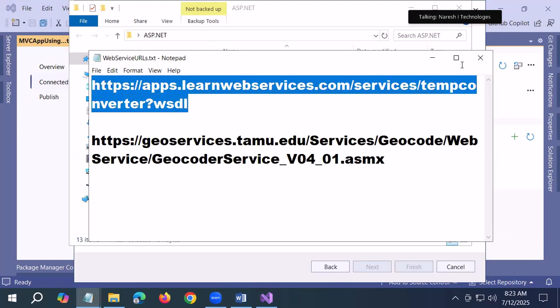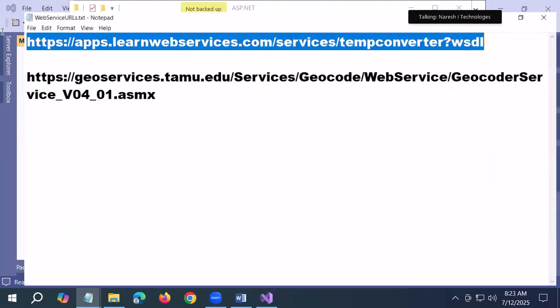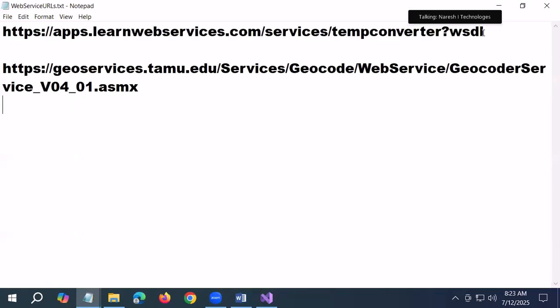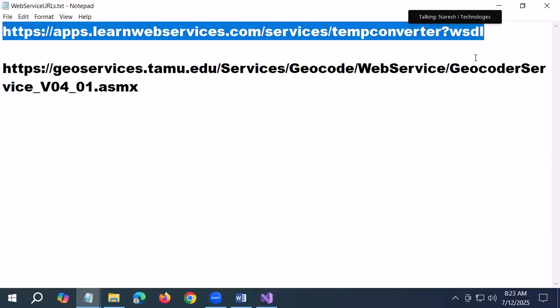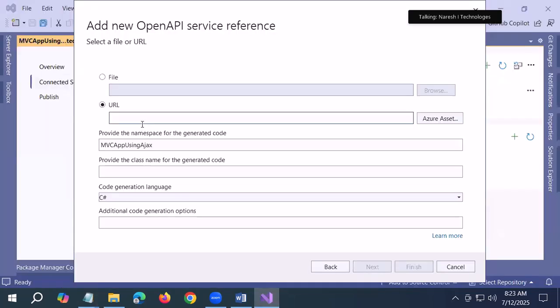Actually, a URL will be like this. I don't know right now whether this is working or not. Let us test it. It's just one URL, a web service URL. So if I give this URL here,